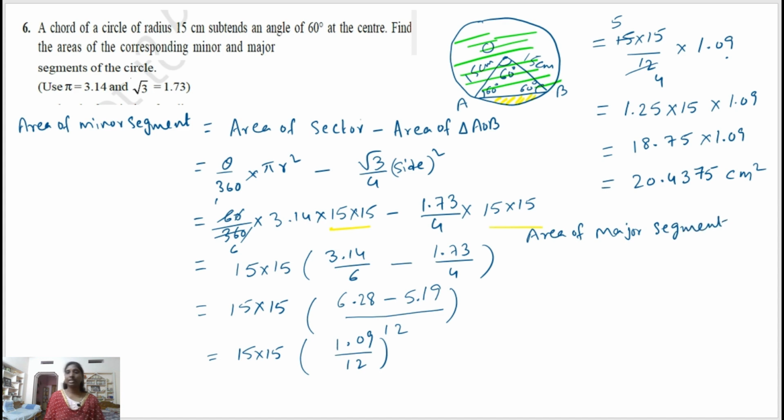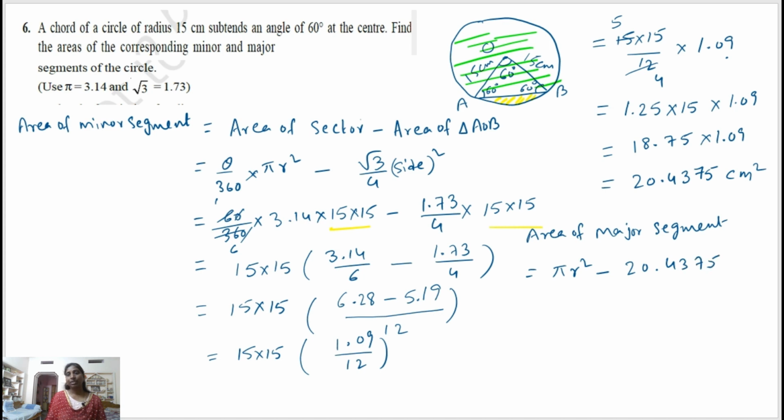Area of major segment is equal to, if we subtract the area of the minor segment from the area of the full circle, we will get the area of the major segment. So area of circle, it means pi r square, minus area of minor segment, which is